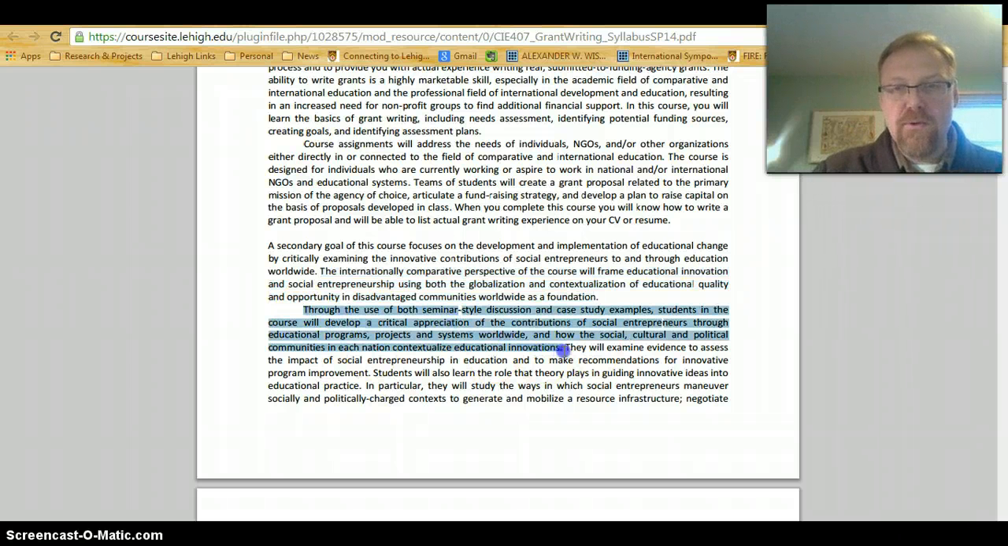We are going to use both seminar-style discussion and case study examples that will come directly from some readings from a book that I'm asking you to have. You will develop a critical appreciation of the contributions of social entrepreneurs through educational programs, through projects, and through systems worldwide. And you'll also have an understanding and an appreciation of how the social, cultural, and political communities in each nation contextualize educational innovations. This is all to help you think about and to inform you as you create grant